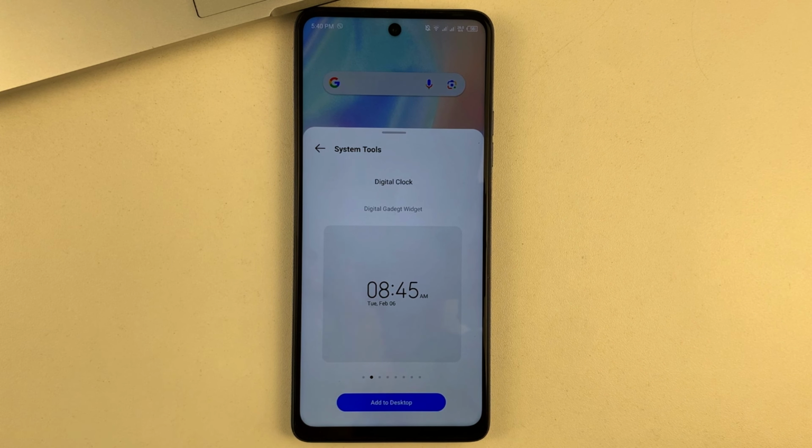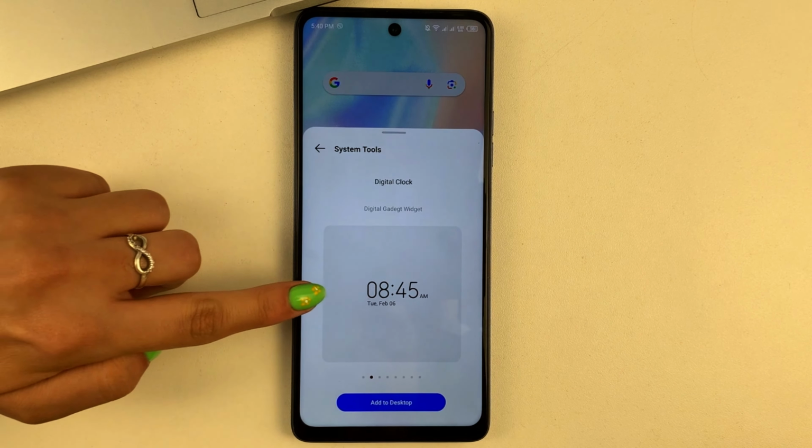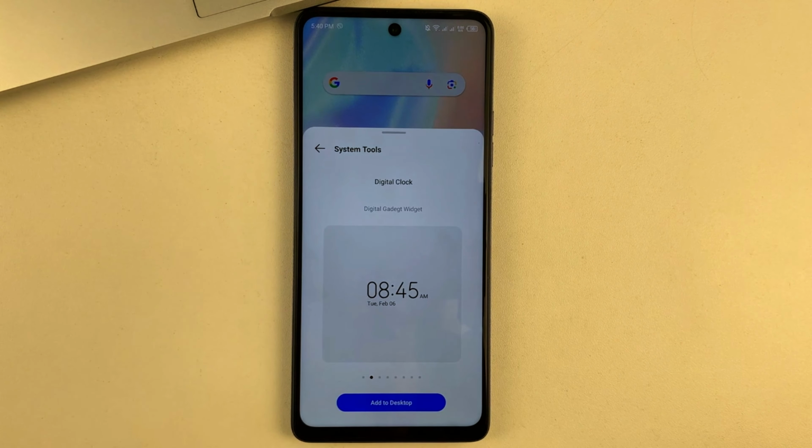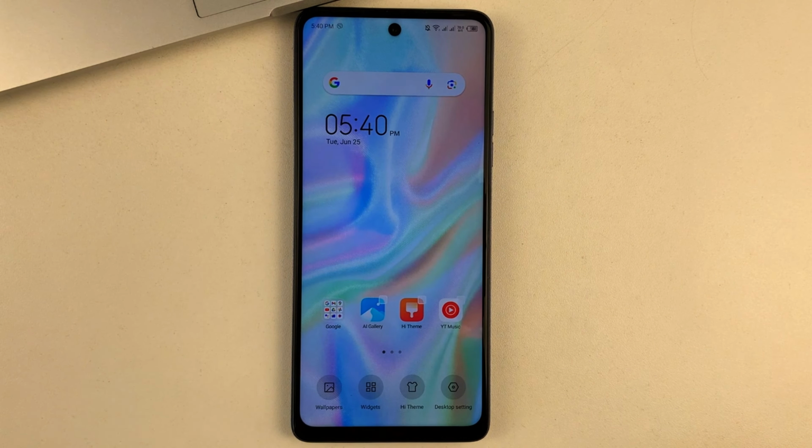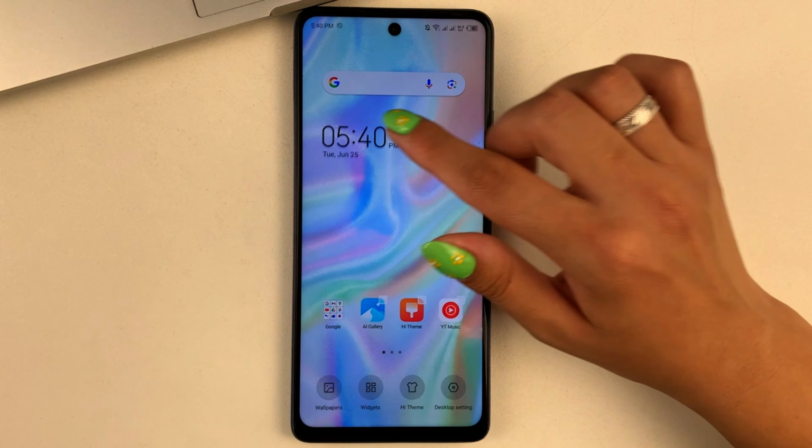You will also have options to choose how you want the time to look on your phone. Choose this one option that you like, and either tap the time itself to add it, or the Add button. As you can see, the widget is immediately added to the screen, and you can move it to a place you like.